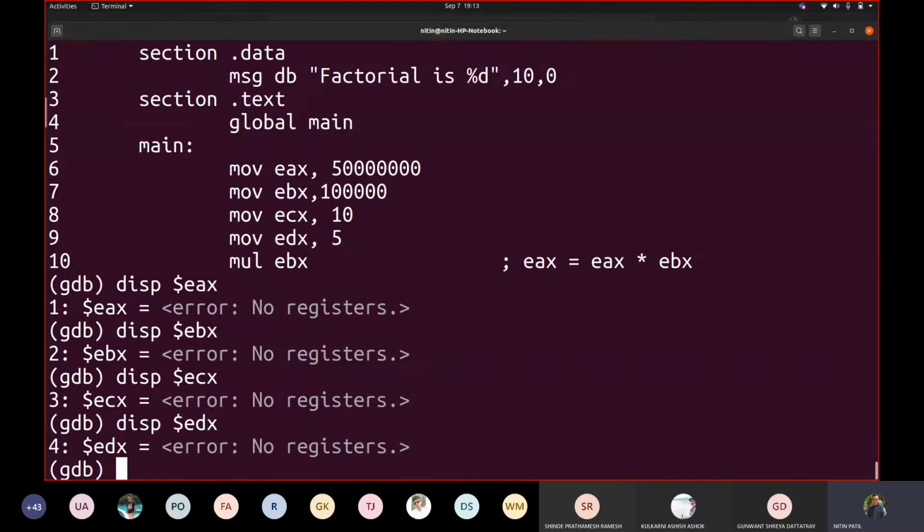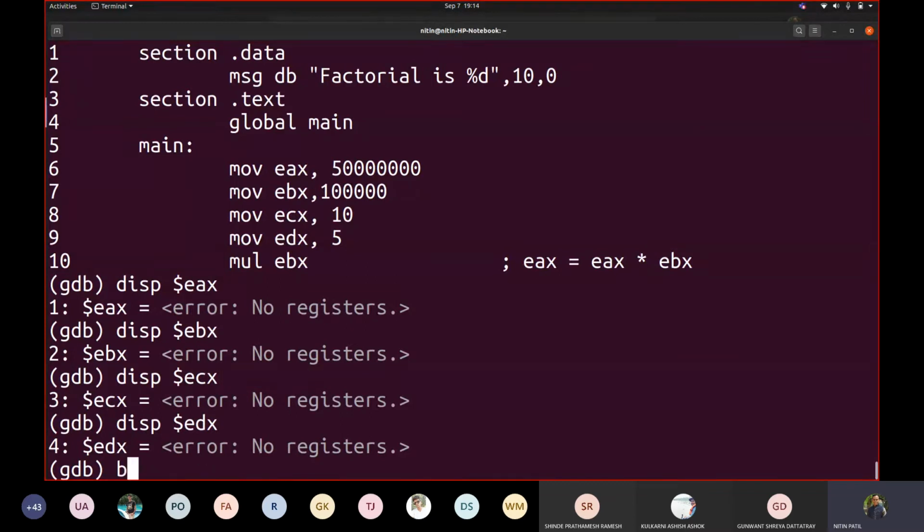In one of the lectures later, probably in a week or so, I will introduce the graphical debugger, which can be used to see things graphically. Till then you can install DDD, the data display debugger, the GUI version of GDB, but I suggest you not to use it. I will introduce it in one of the classes. But my suggestion would be to always make use of this only.